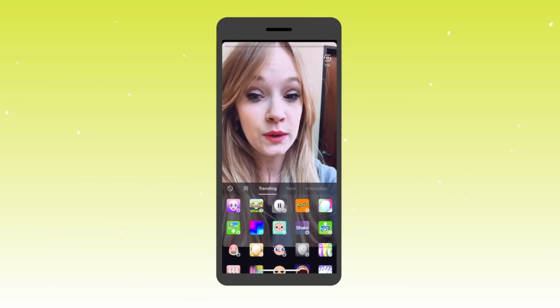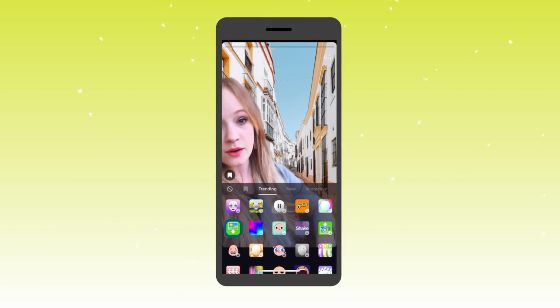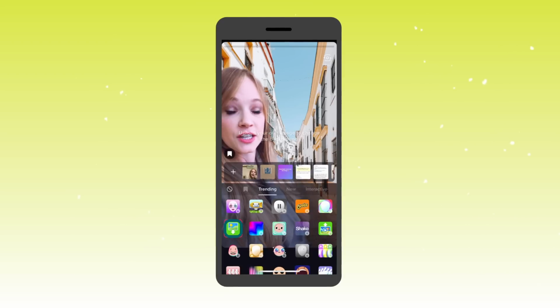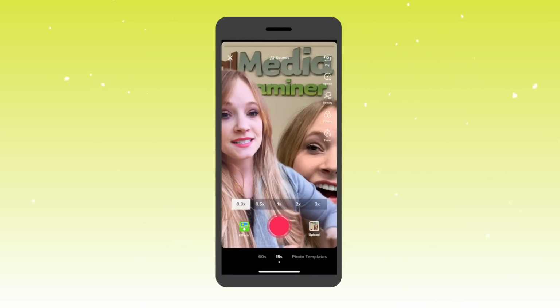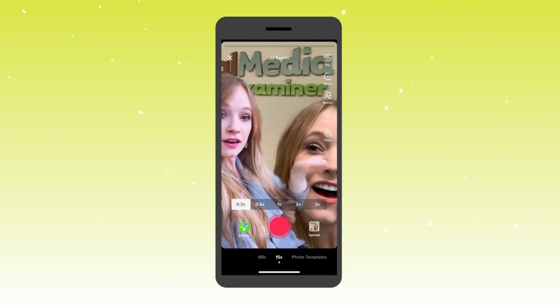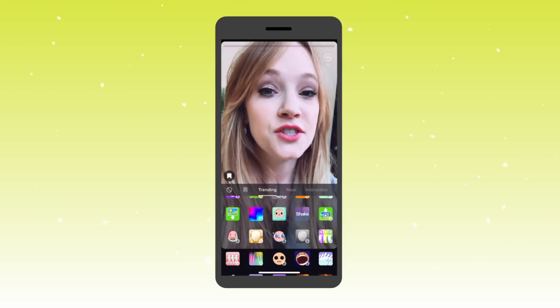Now, this is where a lot of the TikTok magic happens, and that is in effects. These allow you to truly have fun with your overall creation process, and it allows you to create some really cool things. So let's just take a quick peek at some of these. A couple of the popular effects include green screen. So like right now, it looks like I'm in a city somewhere in Europe, and I can change it up. Look at this. I'm in front of me as a background. How cool is that?